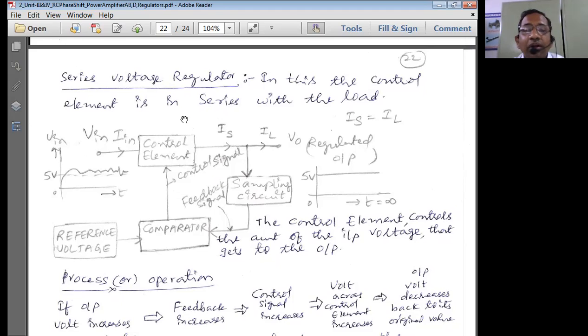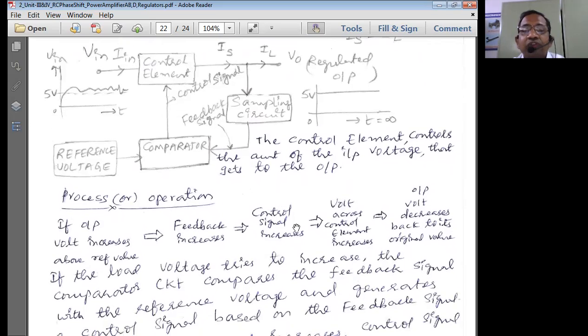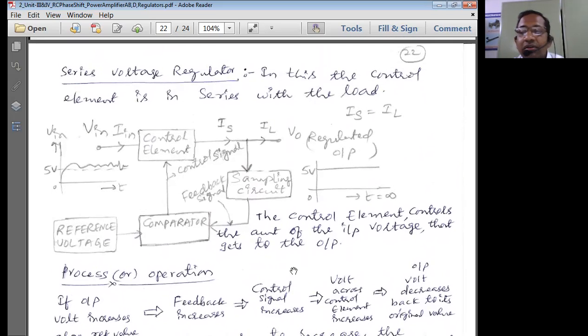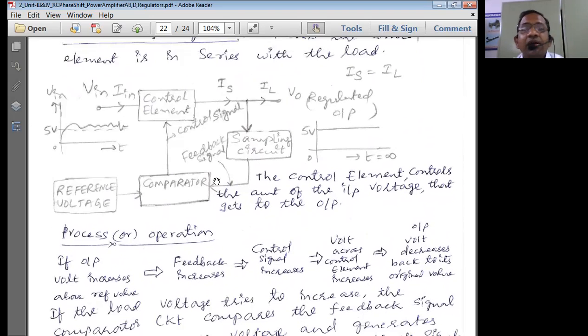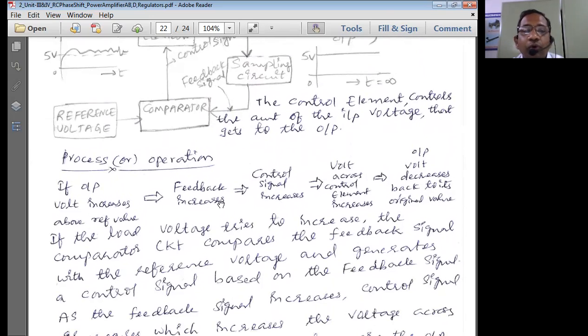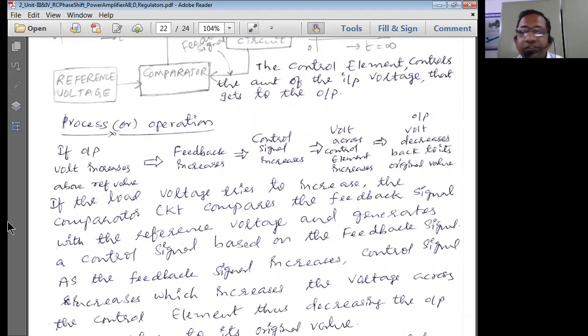Drawing the block diagram is going to give you more marks than writing theory. For example, if the question asks you to write short notes or explain briefly about the transistorized series voltage regulator, then please draw this particular block diagram. Then represent this flow of operation, and write one paragraph on it if possible, if time permits. Otherwise, you need not go for all this.